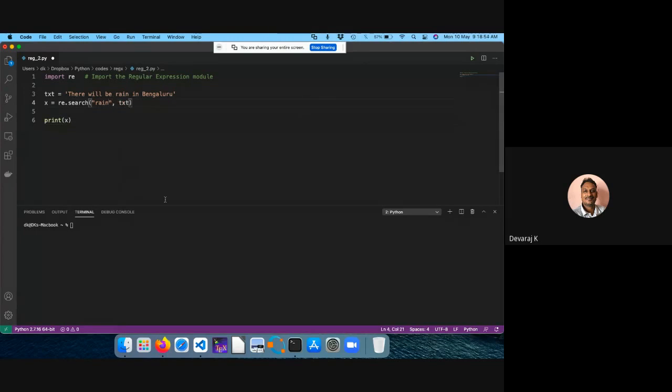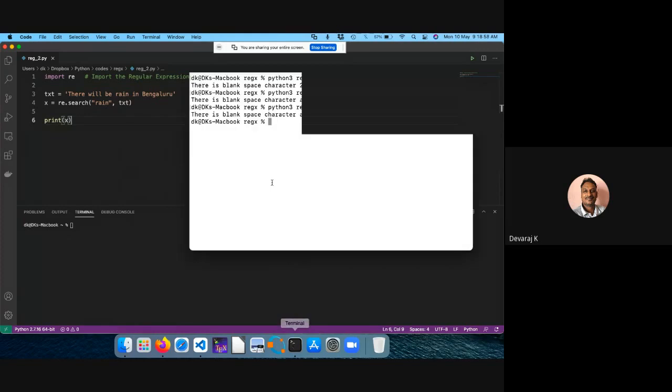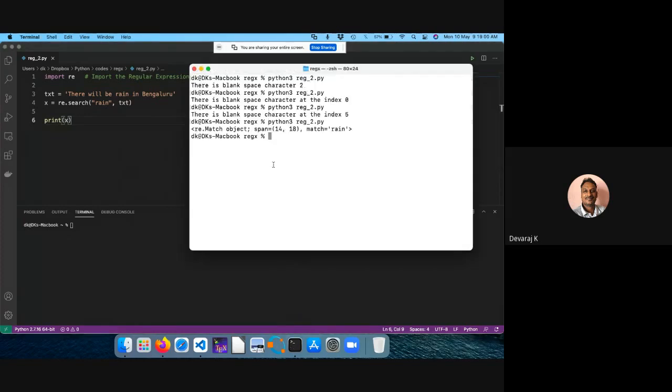I will save this and run this. Okay, yes, there is a match. The word rain is there in that string.